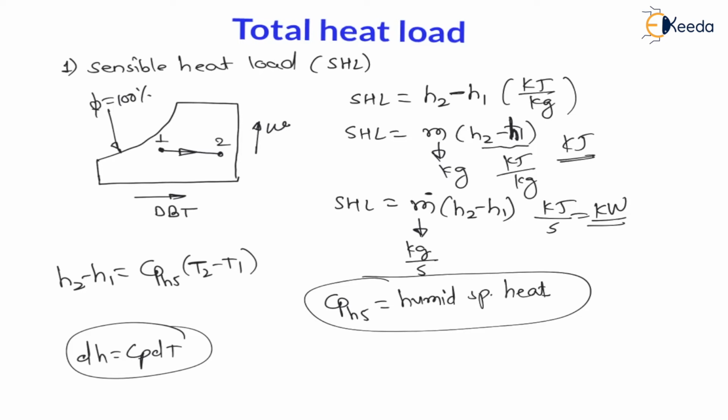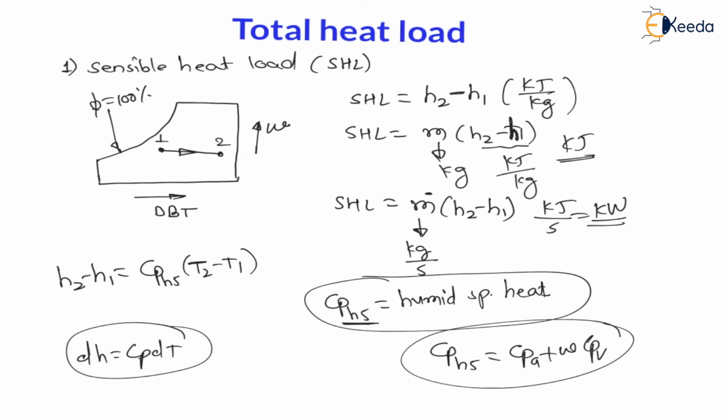This humid specific heat we have already discussed in the total enthalpy topic. In the same lecture series, in one of the previous lectures, I have taken a lecture called total enthalpy, and in this topic I have explained this humid specific heat, which is CPHS equal to Cp of air plus omega Cp of vapor, that already we have discussed, right? Now again this is called sensible heat load, which is responsible for temperature change. Again there is a concept of latent heat load. So let us understand this latent heat load, right?